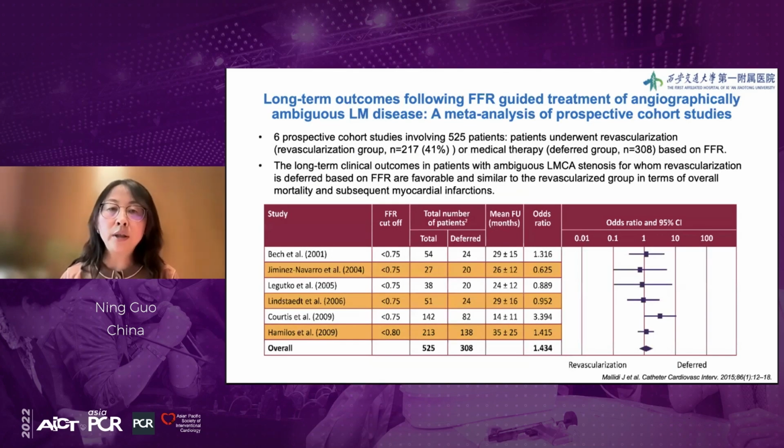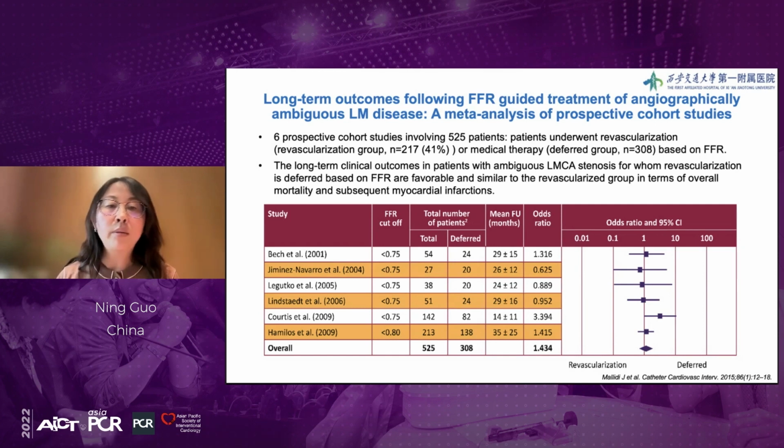And how about the safety of deferred left-main lesions according to FFR? Here we can see long-term outcomes following FFR-guided treatment of angiographically ambiguous left-main disease. In these 6 prospective cohort studies involving 525 patients, the long-term clinical outcomes in patients with ambiguous left-main stenosis that is deferred based on FFR are very favorable and similar to the revascularized group in terms of overall mortality and